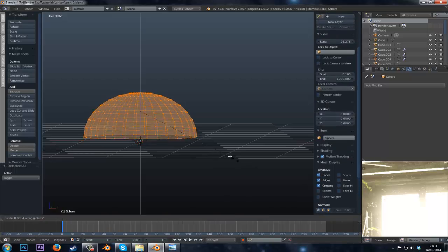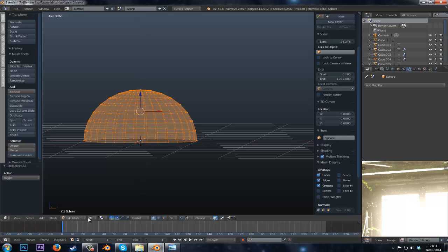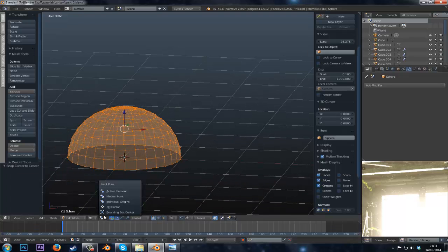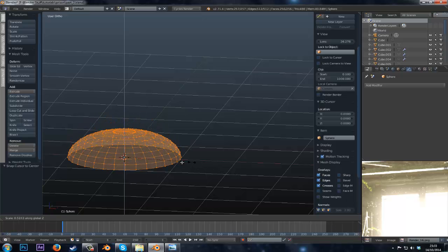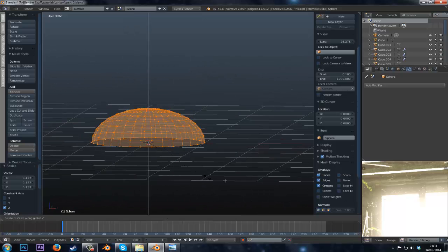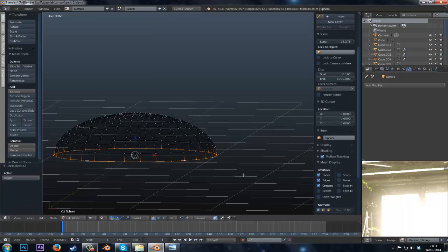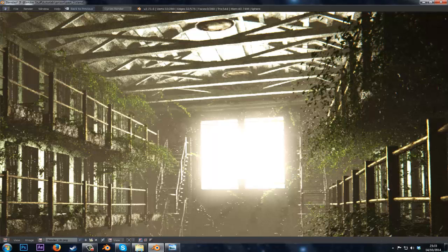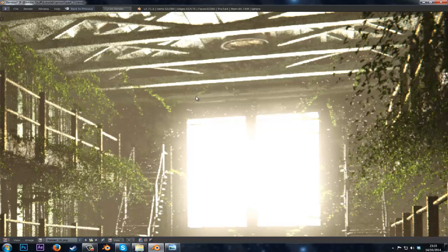Just press S Z and use the 3D cursor, put the cursor in the center by pressing Shift S, cursor to center. Then use this thing, 3D cursor, and just squish it like that by pressing S Z. Let's move it to about there. Extrude it in a little bit at the base like that, so we'll get the whole depth look going on. And then